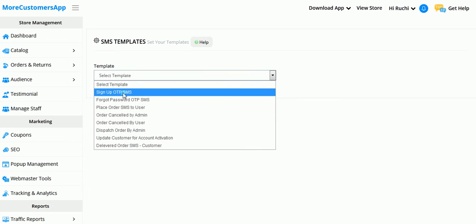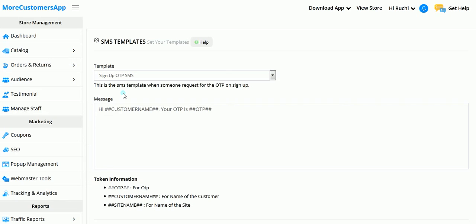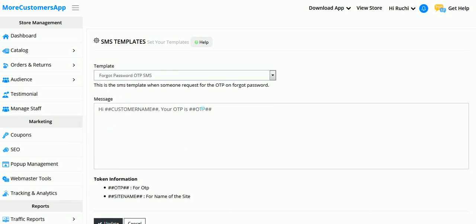We will see one of the templates, but these SMS templates are only useful if you are adding transactional SMS to your panel, because only transactional SMS should be added to the panel. You will get a URL from there which you can set up in the panel, and after certain steps you can turn on the SMS facility for your website. For sign up OTP SMS we have this template by default, and that can also be changed. In the same way we have it for forgot password. For forgot password also the customer gets a certain SMS.